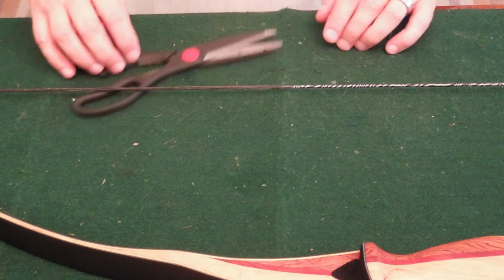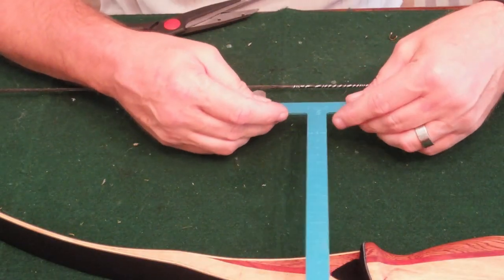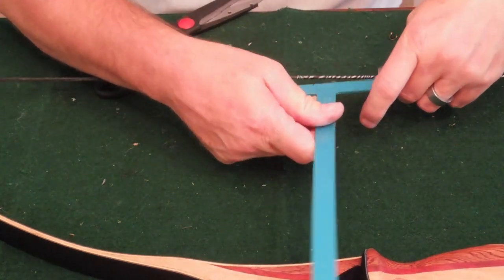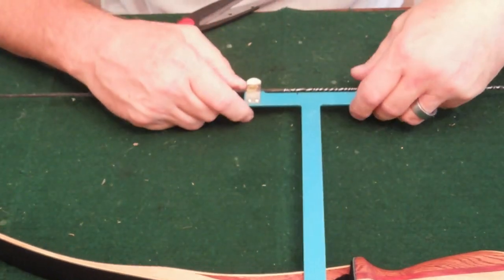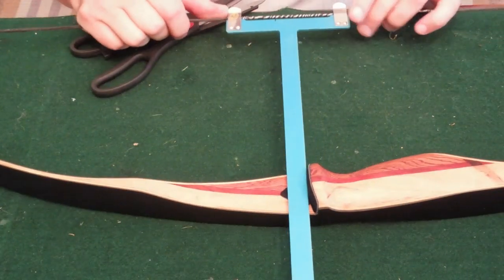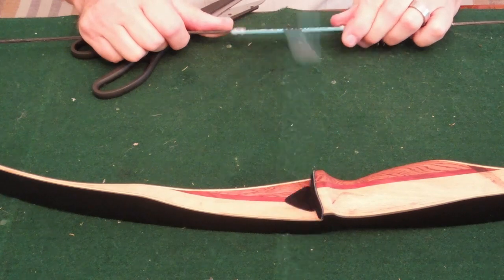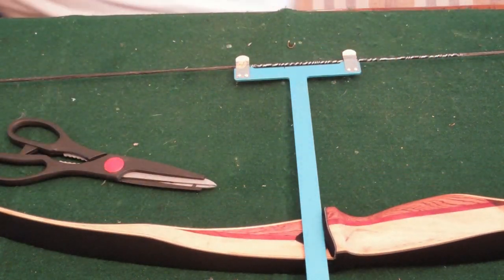So I like to set my knock point a little bit high, maybe about 3/8. Most people like about an 1/8 inch. I like to go about 3/8 of an inch. That gives me plenty of room to move the knock down if I need to, or up, whatever I've got to do with it. And just take your rest, just like this. Want to set her on just like that. Okay. And now,